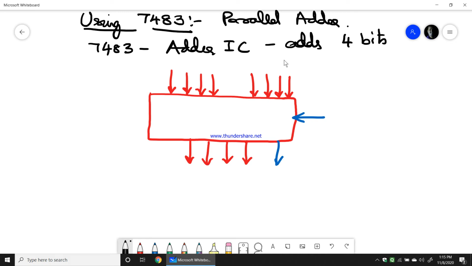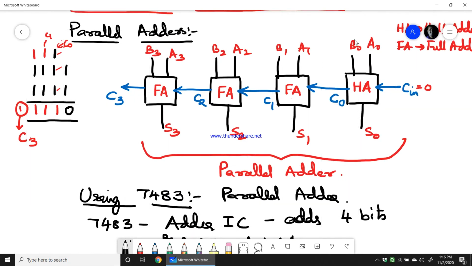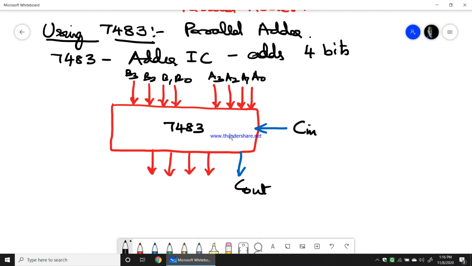So what is this? This is A0, A1, A2, A3, B0, B1, B2, B3. So this is 7483. Now this is C in, where this is C out. The above diagram which I have written here, C in whatever I have written is this. C out is nothing but the C3 which comes out at the end. Therefore C in would be equal to 0 for parallel adder, where C out is the last carry which comes